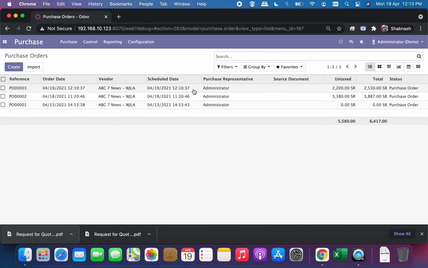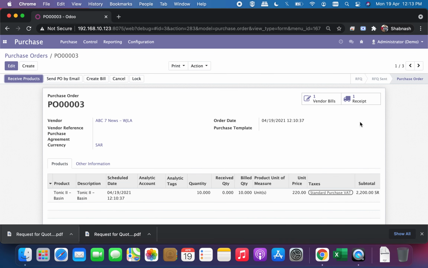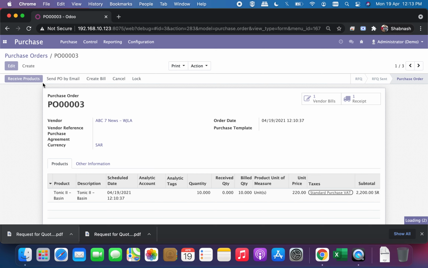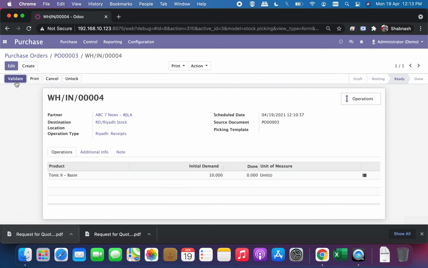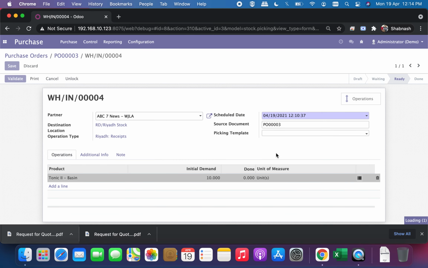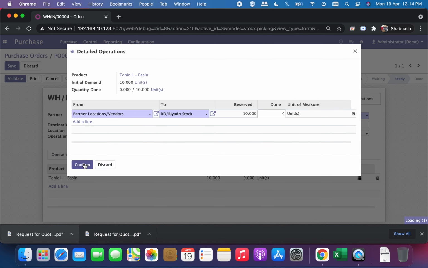Whenever you're done with that payment process, you can always come back to the purchase orders, and you would be able to see that purchase order sitting there. And whenever the product is ready to receive, you can go to the receipt button and validate the product receival from there. In the receival process, typically, you have ordered 10 quantity. Let's say that for some reason they delivered 9 quantity of the product and 1 quantity is not in good condition. So in that case, you can tell exactly how much you received.